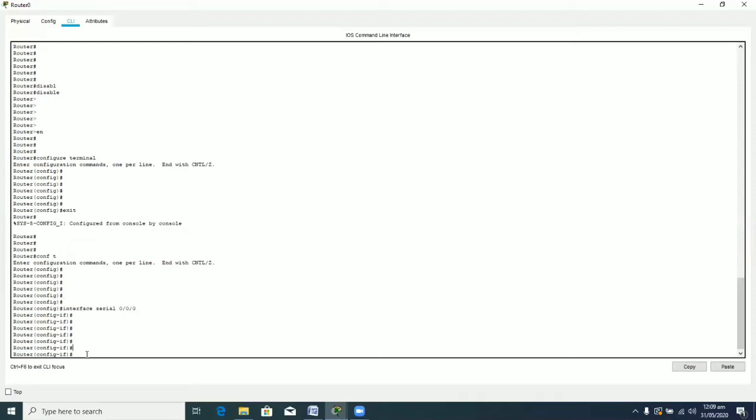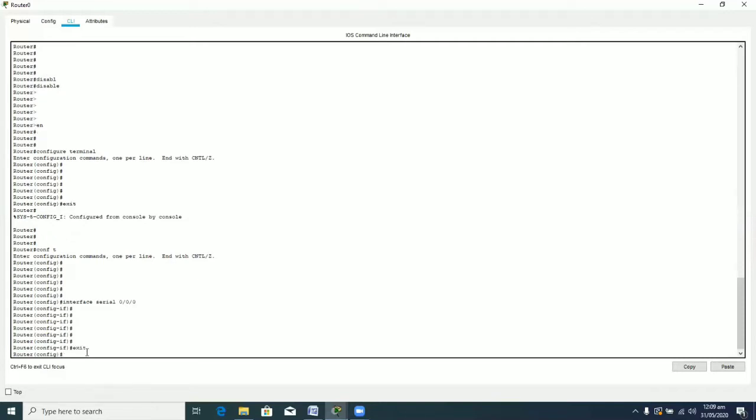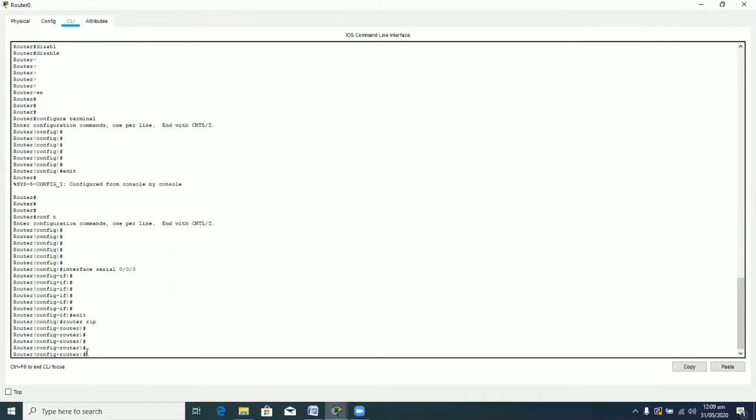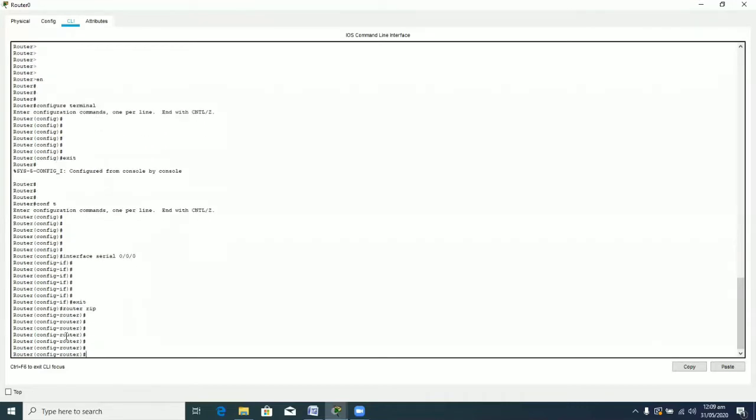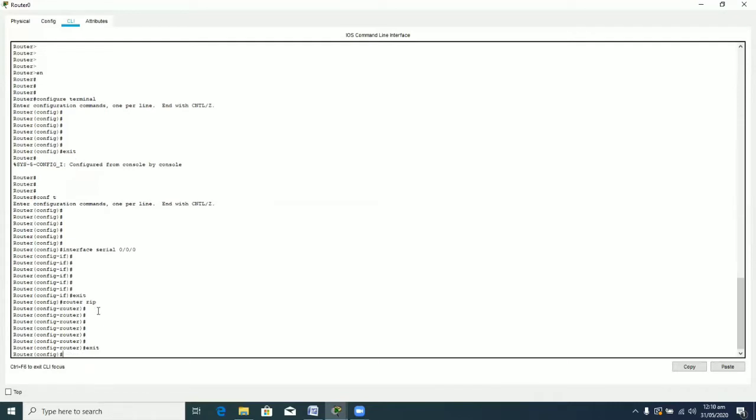So you can give an IP address to this interface. We will be dealing with this thing, but at present I am just showing you the different modes of the router available to you. There are other modes also, router rip, and you can see that the prompt has now changed to config-router. This is also a sub interface mode. Whatever you do over here will be applicable to our routing protocol, that is RIP, Routing Information Protocol. In our later coming labs, we will be dealing with these routing protocols also. But at present, I am just demonstrating the different modes of the router that are available to you.